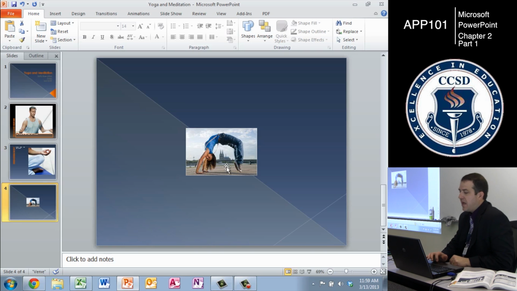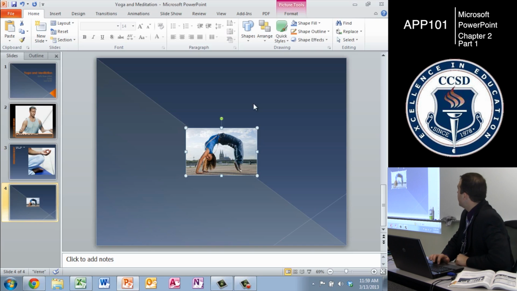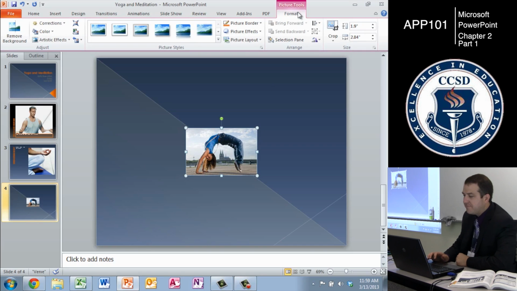The first one is, if we click on this, we notice that we get up here a new little tab called Picture Tools. So we can click Format. We can, first off,